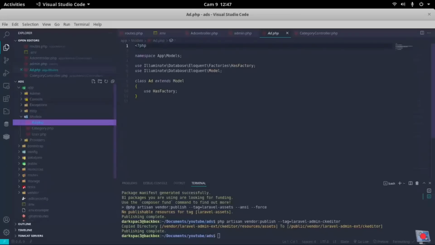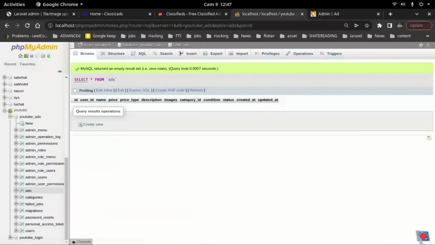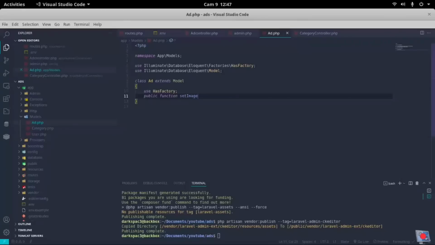Let me go to models and let me set an attribute over here. So we need to set image attributes, so we'll have a public function. Let's set its image or its images. Let me set images